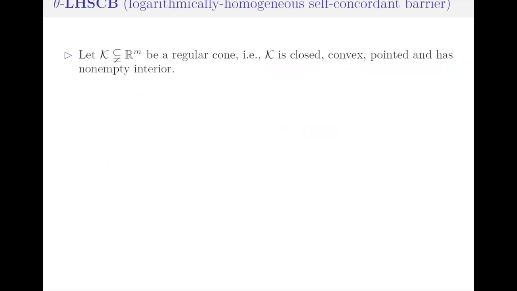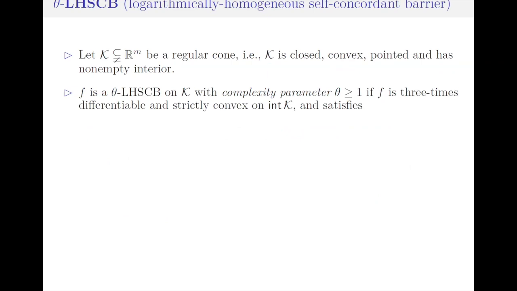Before I give you some applications, probably a lot of you are curious or even confused about what these log-homogeneous self-concordant barriers are. Let K be a regular cone, meaning K is closed, convex, pointed, and has non-empty interior. Sometimes we call it a proper cone, as in the textbook by Boyd and Vandenberghe, but here we call it a regular cone. And f is a theta-LHSCB on K with complexity parameter theta greater than or equal to 1